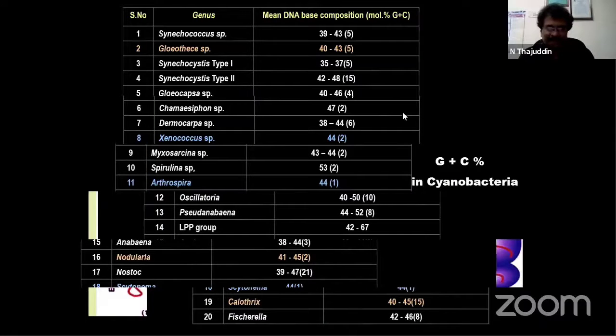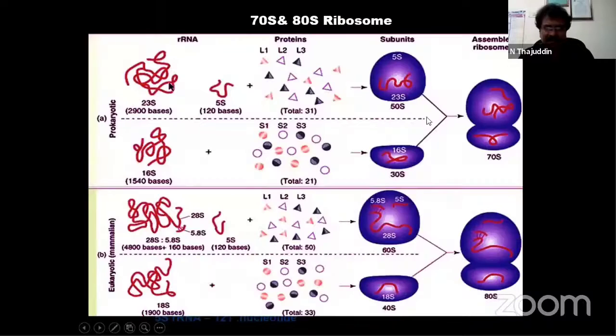And this is some basic information about the ribosomes. In prokaryotes, there is a 70S ribosome which has 2 subunits, in which the large subunit has 23S rRNA and 5S rRNA, and the small subunit has 16S rRNA. Whereas in the case of eukaryotes, it is the 80S ribosome. There are 2 subunits, in which the largest subunit has 3 different RNAs, 28S, 5.8S, and 5S, and the smaller subunit has 18S rRNA. So now,